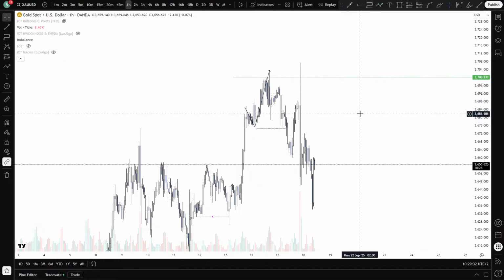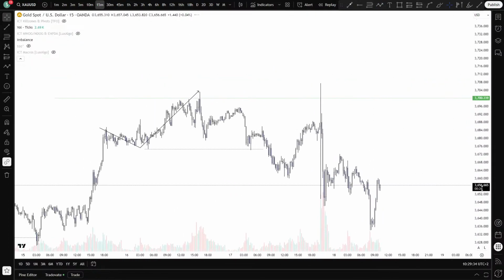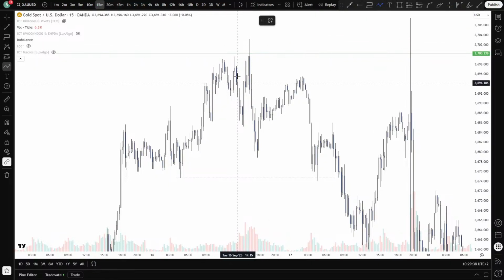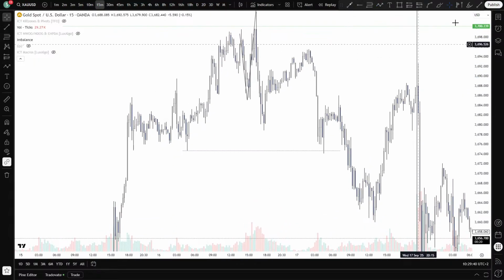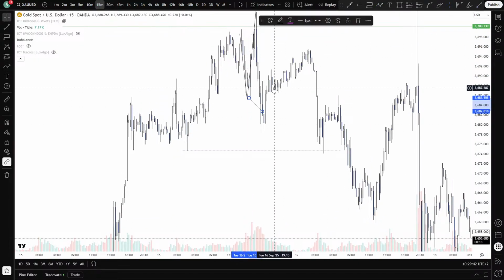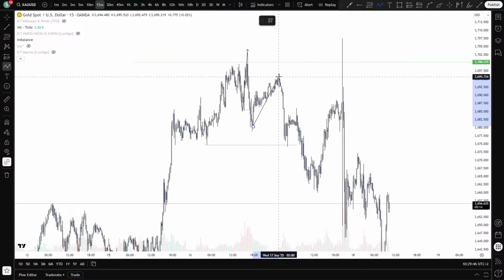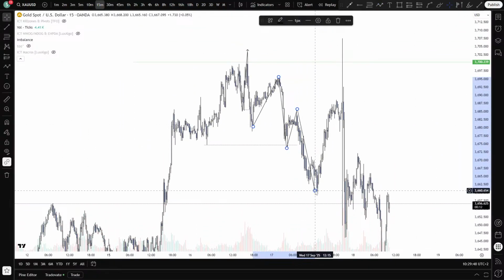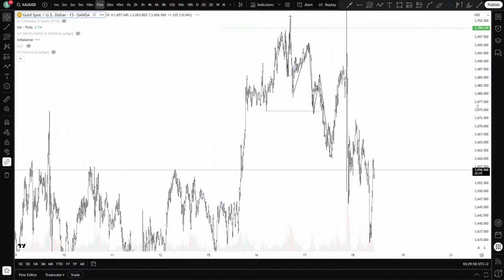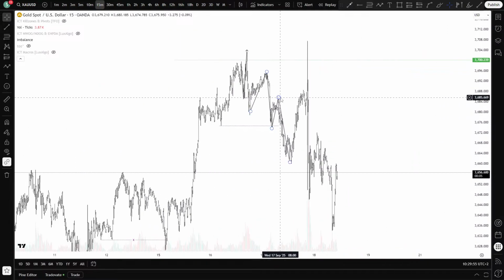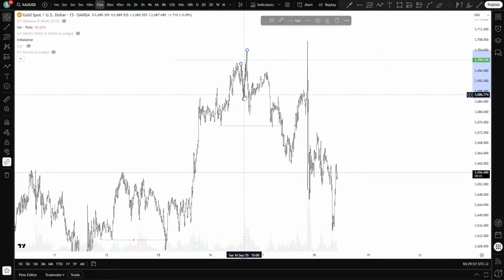This is your last pullback that brought you towards new highs. So if you're gonna zoom in on the 50-minute, it obviously is this point. You broke it towards the downside, and from there you started making lower highs and lower lows, as is expected. When you broke structure towards the downside, you're gonna make lower highs, lower lows, looking for liquidity until you have taken out enough to continue your trend towards the upside again,